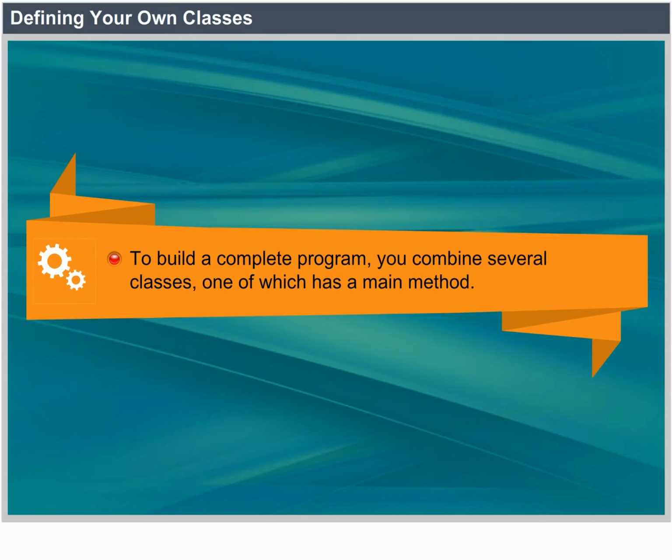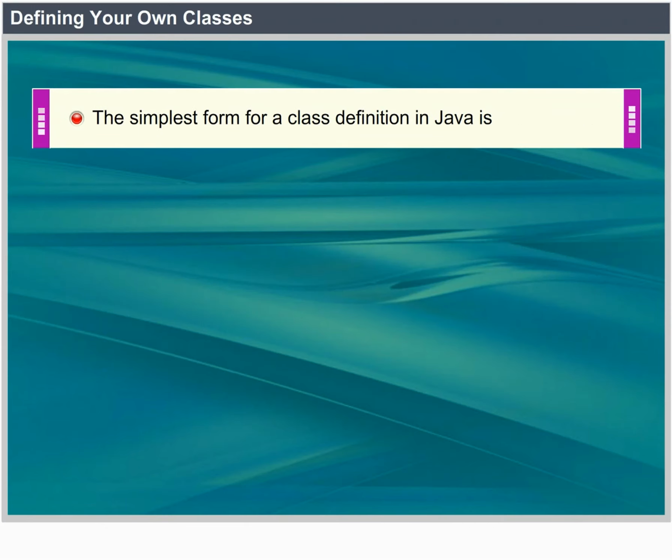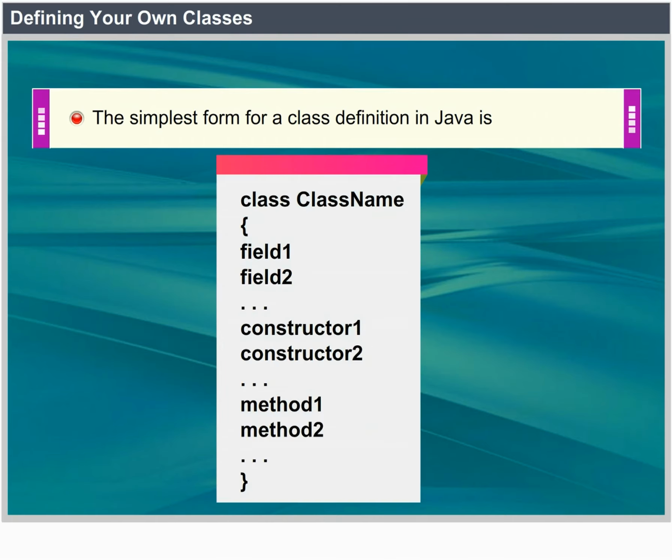Defining your own classes. To build a complete program, you combine several classes, one of which has a main method. The simplest form for a class definition in Java is given below. class ClassName { field1, field2, constructor1, constructor2, method1, method2 }